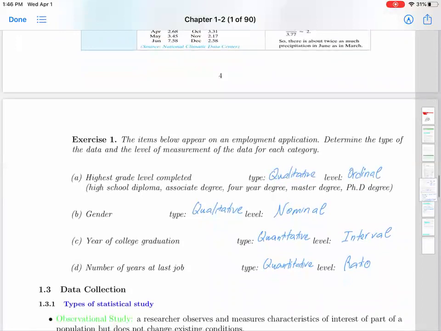So the first exercise is you have a list of entries. These entries appear on an employment application. For each entry, you want to classify the data: what is the type of the data and what is the level of measurement for each category? First,